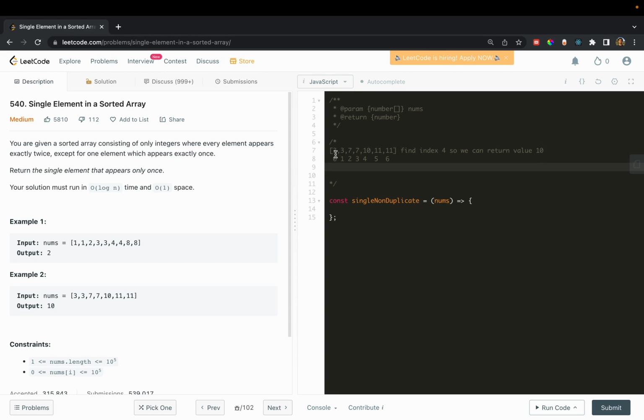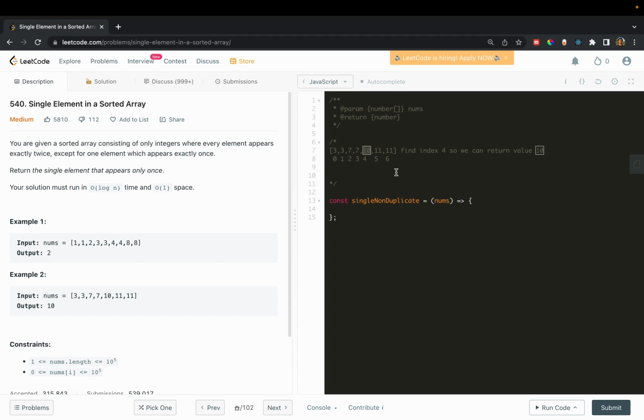So one thing you should notice is every new number should be starting on an even index. 0 is an even index. So we start 3 here, we start 2. At index 2, we start the 7s. If there was no 10 at index 4, we would start whatever the next number is, and so on. But once we have this number, everything gets shifted. Now all of a sudden, all the new pairs are starting on odd indices because everything was shifted by 1